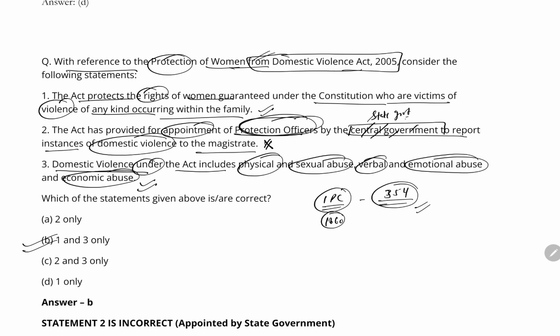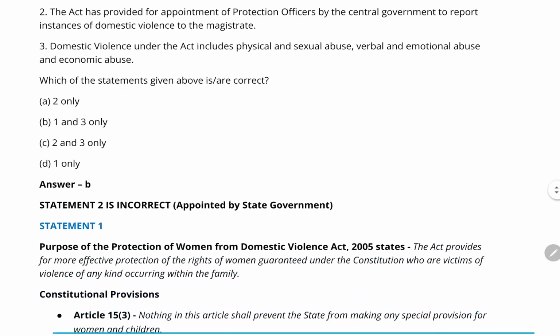So this section you should know regarding the domestic violence or anything done against the modesty, outrage the modesty of the women. Now moving forward,